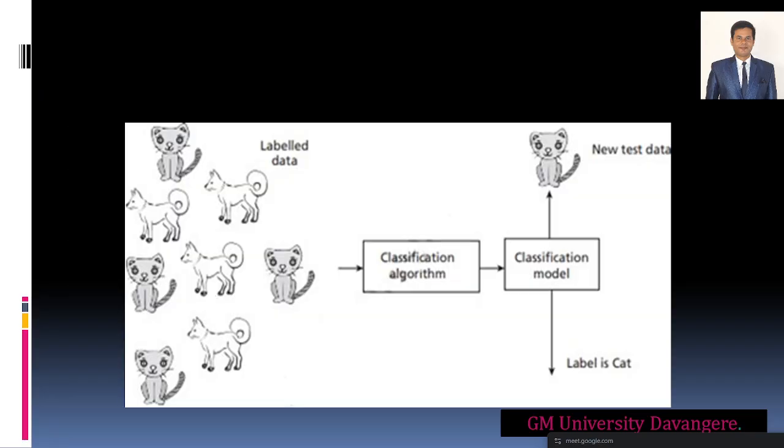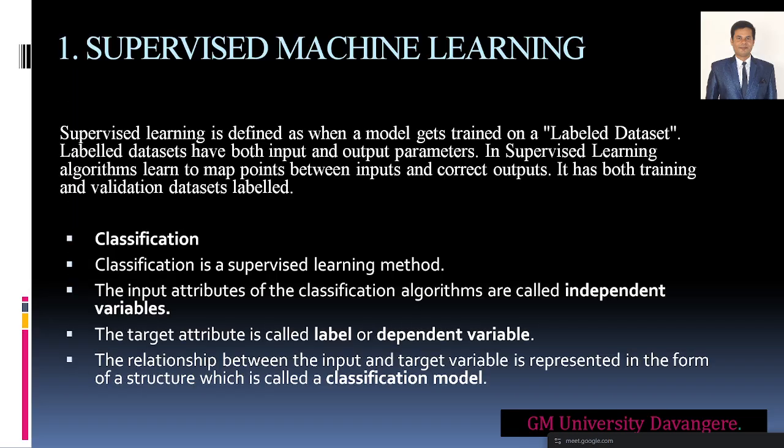This is one of the best examples to help you understand supervised learning. Classification is a supervised learning method. You have to classify different data sets: data set 1, data set 2, data set 3. You have to classify the different models, lithium, hydrogen, and also ultra capacitor and fuel cells. Take the input attributes of the classification algorithm, which we call independent variables. We are taking the independent variables from the battery data sets, and based on that only, it will try to label.